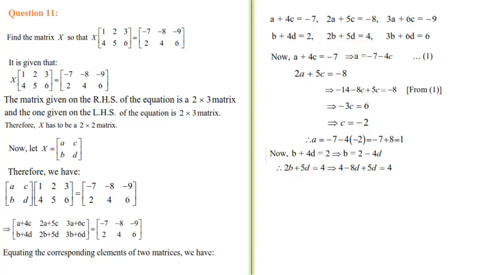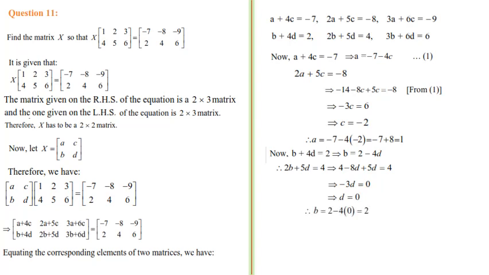I am substituting here 2B. Just multiply 2 here, that is 2 into 2 is 4. Then 2 into minus 4D, that is minus 8D, plus here 5D is balance, that we have to add, plus 5D equal to right side is 4. Same calculation part, that is 4 minus 8D plus 5D. Minus 8 plus 5 is minus 3. So minus 3D equal to, this 4 will go to the right side, 4 minus 4, 0. So finally we will get D is 0.